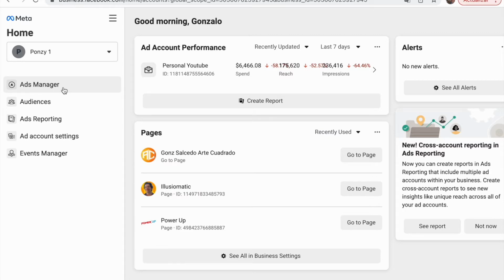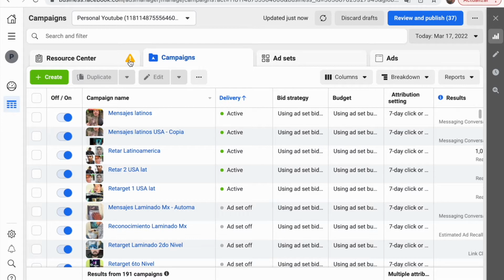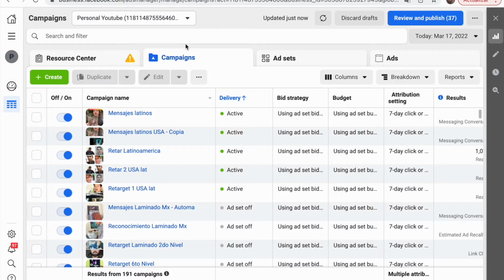Facebook is constantly making changes, so it's pretty important to pay attention to the notifications they send you. For example, here I have several messages about iOS 14 changes, and you need to start studying. It's constantly studying. Actually, if you want to have a certification for Meta Facebook, it's only valid for 1 year. So that's because it's constantly changing, and it's pretty important